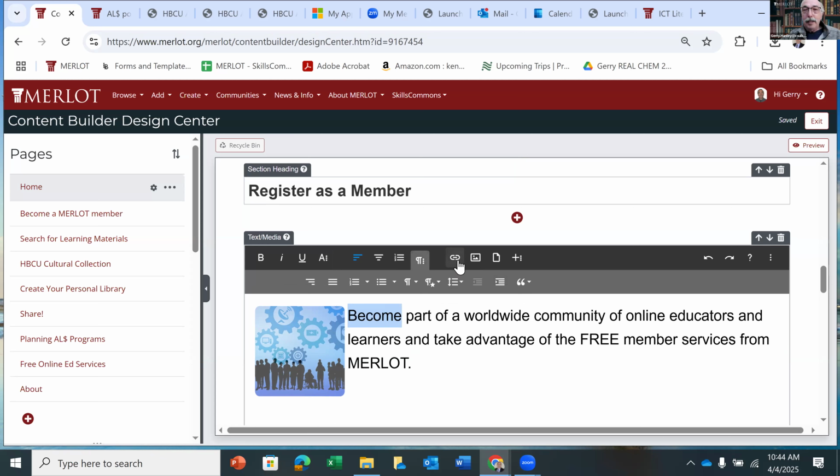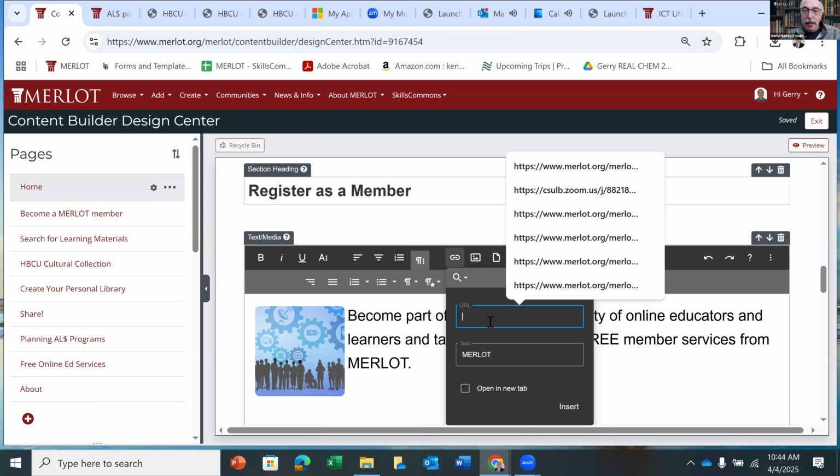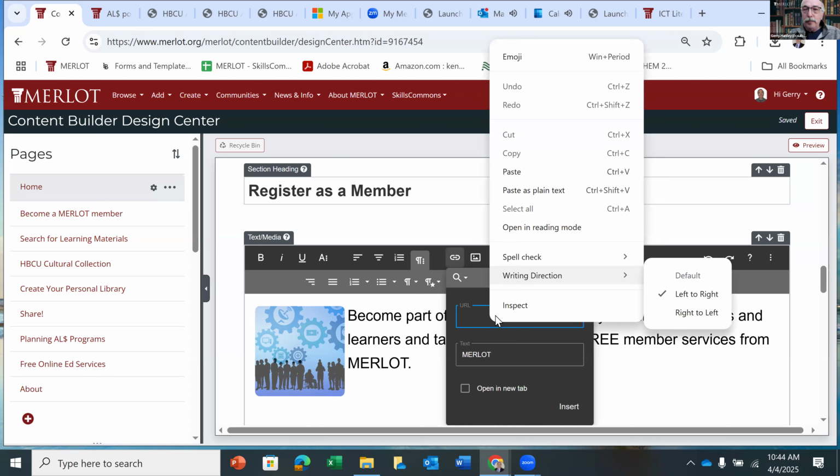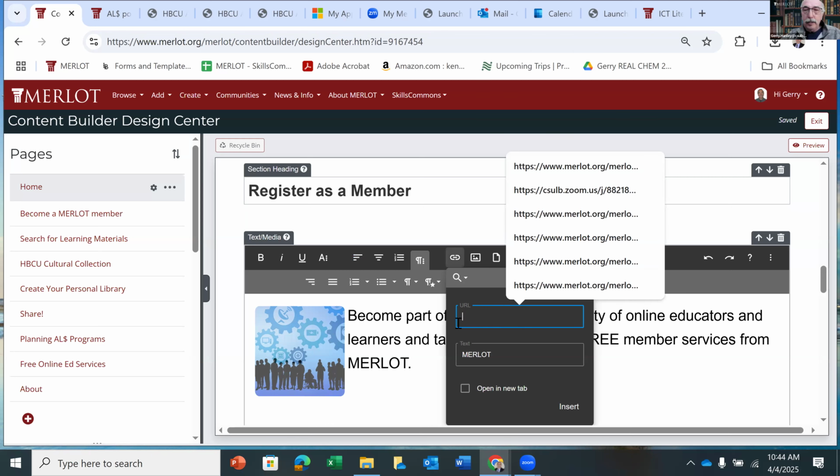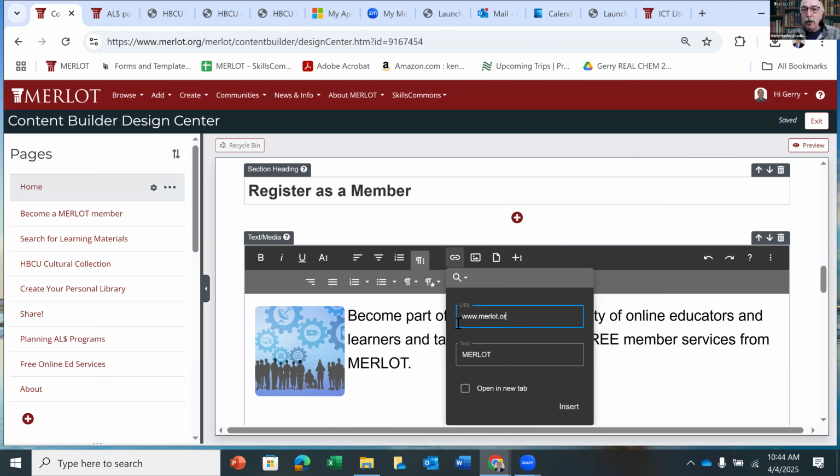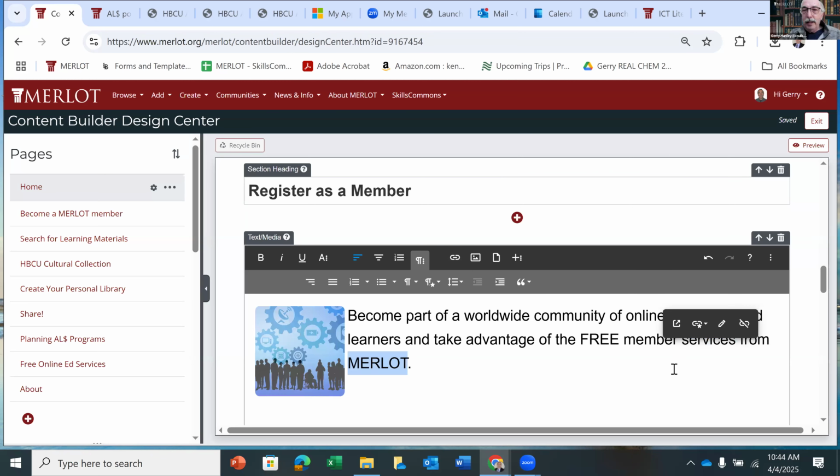All right. So everyone getting a sense of the kind of easy way to edit these things? Yes. And then you say, oh, you know what, I want to make MERLOT a link to a website, right? So then I can just do www, hang on, click on the box there, www.merlot.org, and then I can click insert. And now, I can say, oh, I want to make it thick so people can really stand out. And now that's a link.